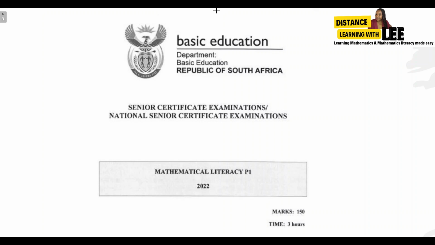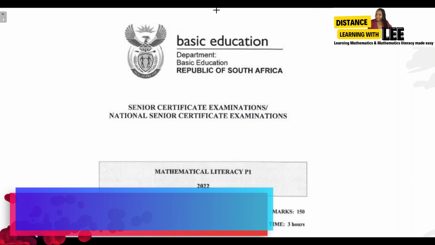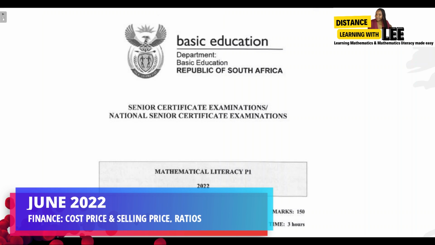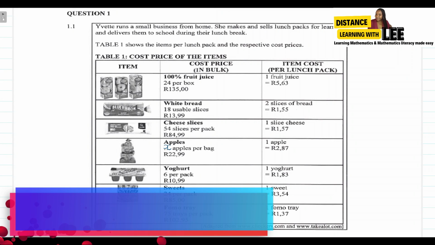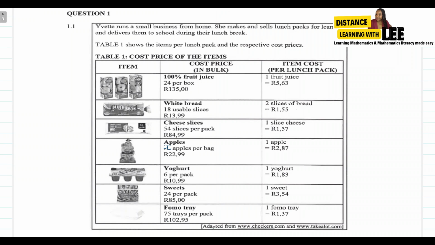On today's video tutorial, we're going to be going through the grade 12 Mathematical Literacy Paper 1 that was written in June 2022. In this video tutorial, we're going to be focusing on question 1.1, and in question 1.1 we are dealing with finance. We're going to be calculating cost price, selling price, as well as profit, and we're also going to be calculating ratios. So if you know those are the topics that are currently giving you grief, please make sure that you watch